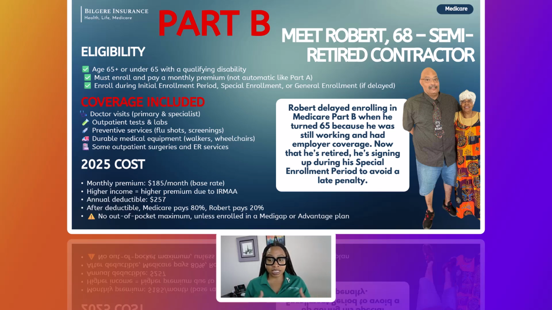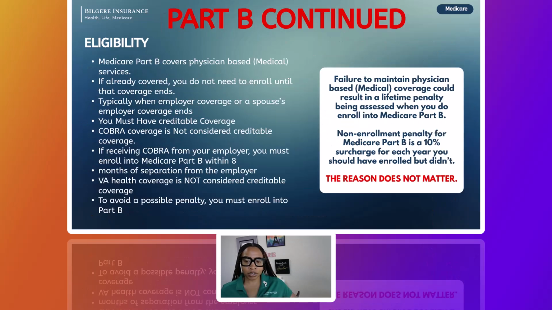So if you just stop here, we're going to talk about drugs. There's now no out-of-pocket maximum unless you're enrolled into a supplement or an Advantage plan, which you can just have regular traditional Medicare, add on your prescription, and you're good to go. But that means that there's no ceiling with how much you can pay from year to year for benefits. All right, let me make sure I get ahead on my notes here. And let's go to my second slide for Part B, just to get in a little bit more detail.